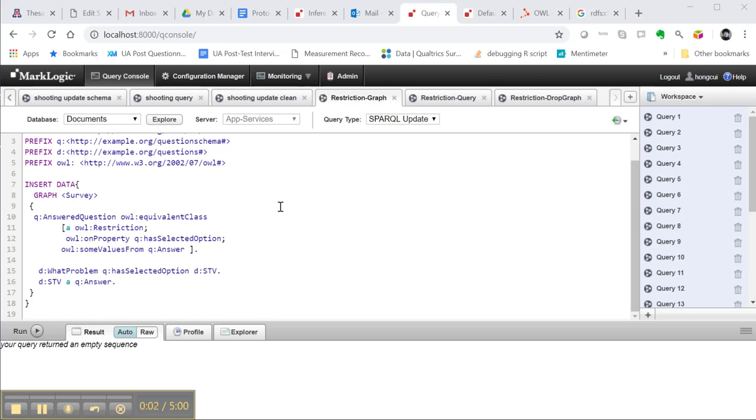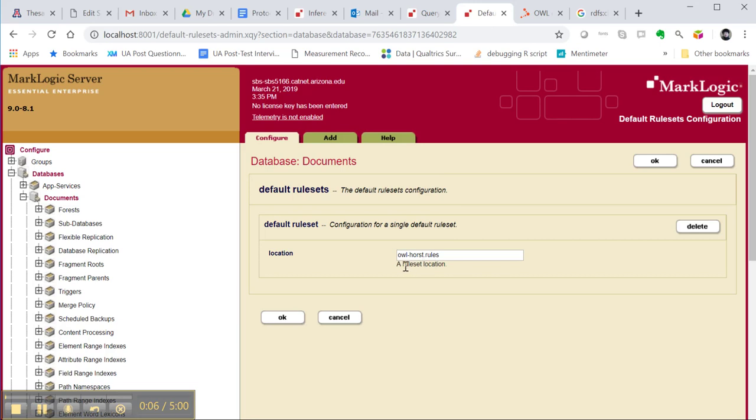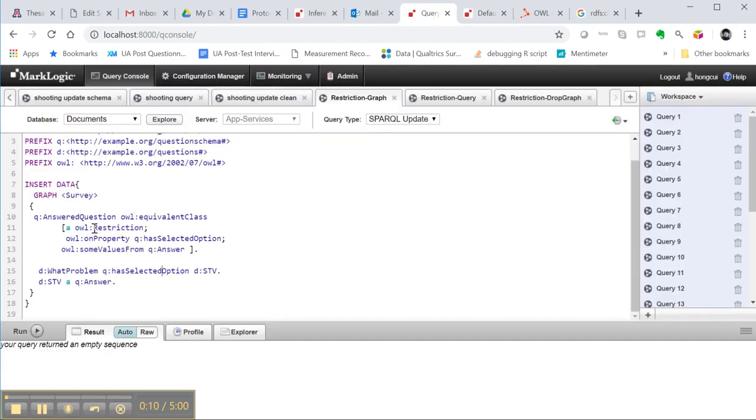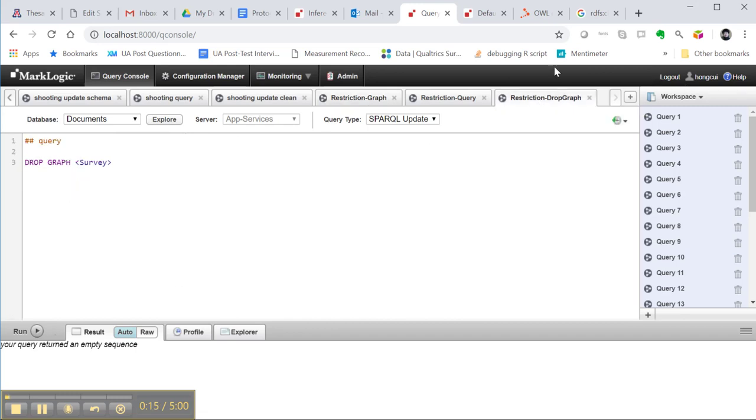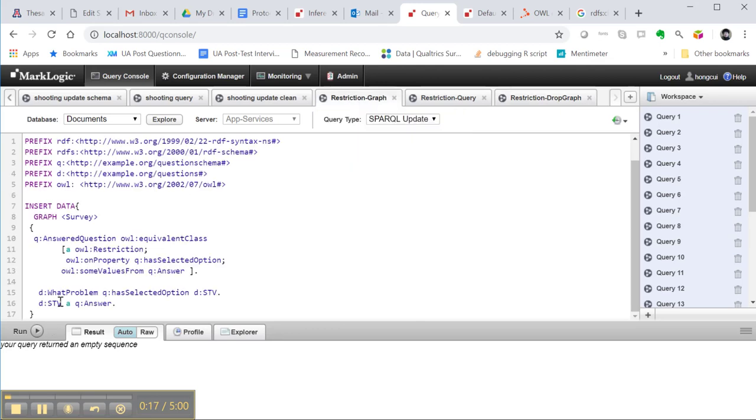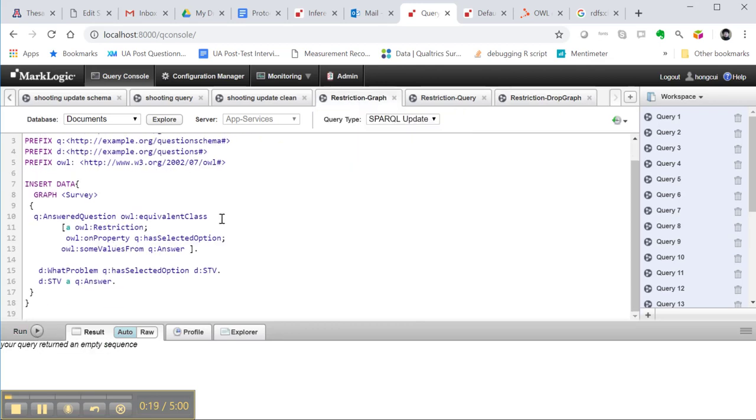This example uses exactly the same setting of null, host, rules, and our graph. I have already dropped the graph, and now I will recreate the graph. I want to